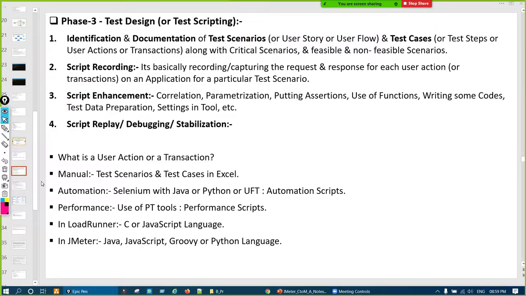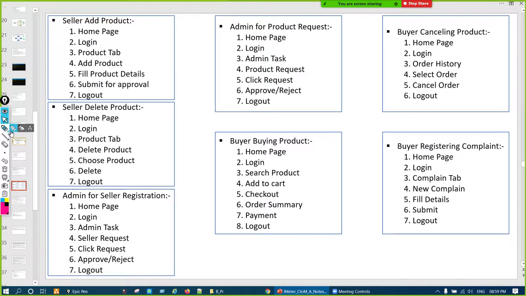Now coming to a simple example, let me put it here. So this is an e-commerce example. Generally, in e-commerce, let us say we have Amazon or Flipkart. So there, what is happening? Some separate roles are there. Seller is there, buyer is there, right? Admins are there, admins of Flipkart or Amazon.